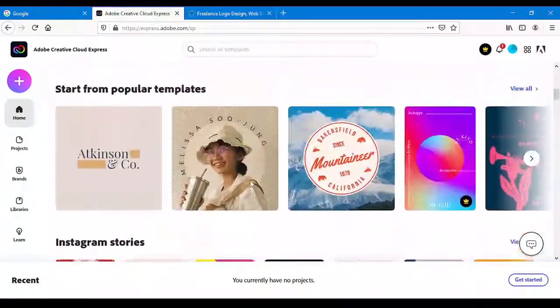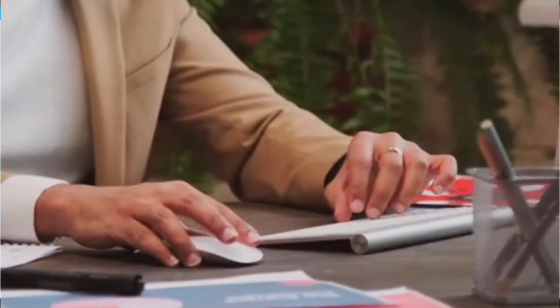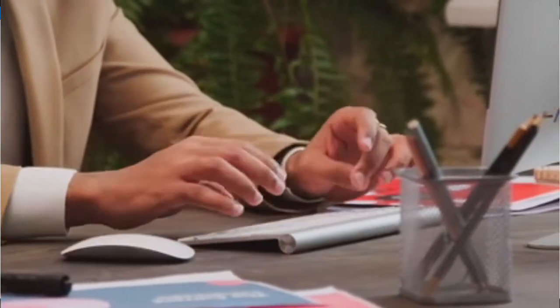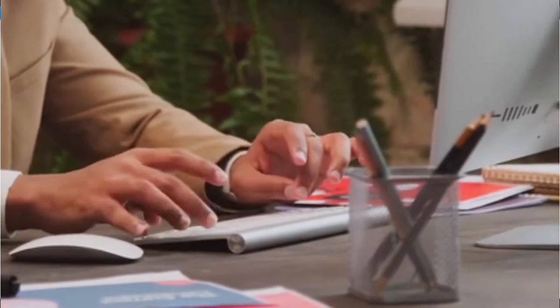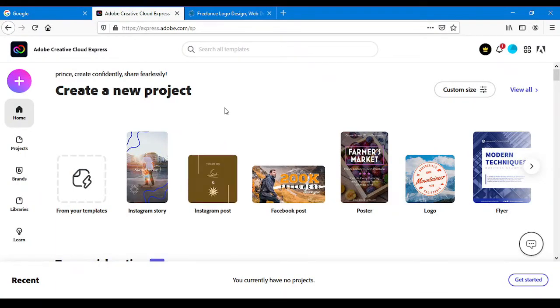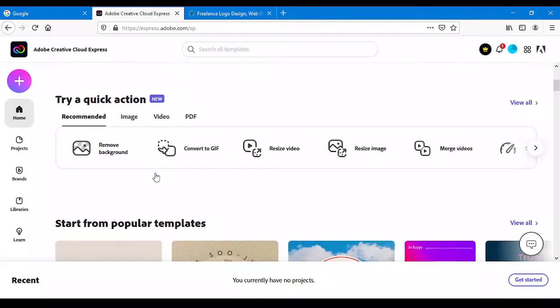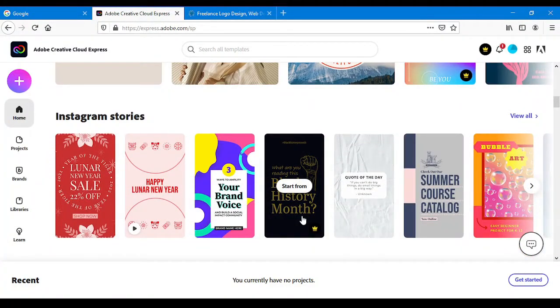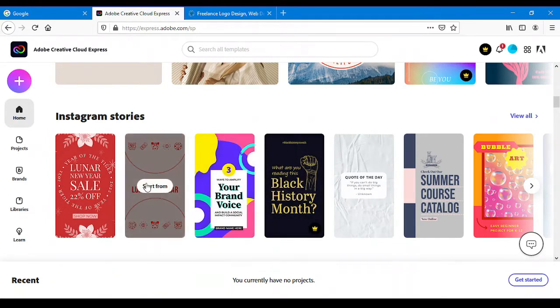But before that, when the site opens, do well to register. When you register, you can register with your Gmail account, or you can create a new account and start your project. When you sign in, this is what you meet. The pictures with a crown on them are premium, so you have to pay for them. But if you want to go for free, go for the ones without the crown, and they are free to be used. So for example, let me work on this